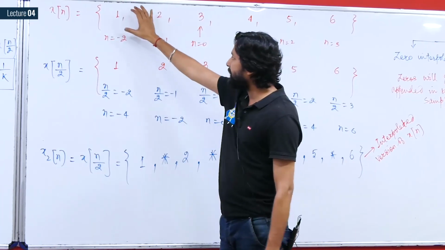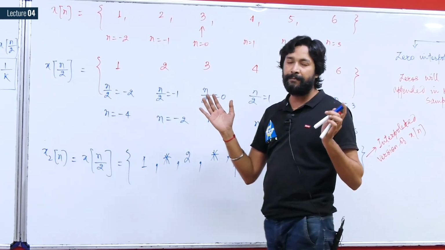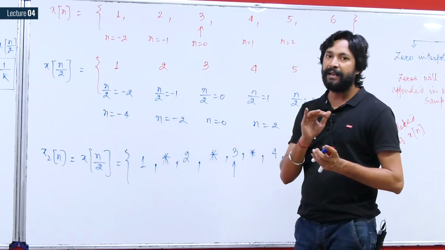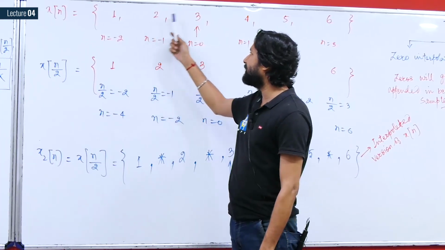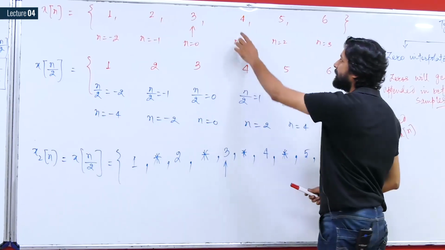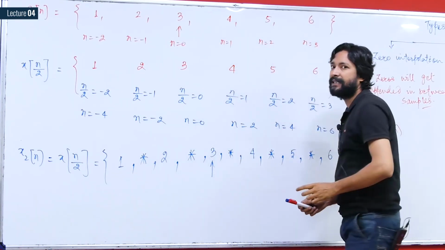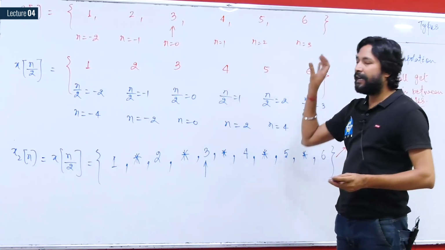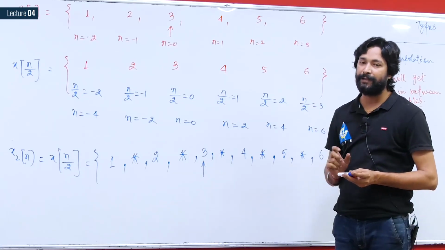And what is the total area of the signal x of n? How do you calculate the average? You first sum all of the values and then divide that overall sum by the number of values. So, here you have 1 plus 2 that is 3, 3 plus 3 that is 6, 6 plus 4 that is 10, 10 plus 5 that is 15 and 15 plus 6 that is 21. So, 6 sample values have given you the sum 21. So, the average in this case will be 21 by 6.